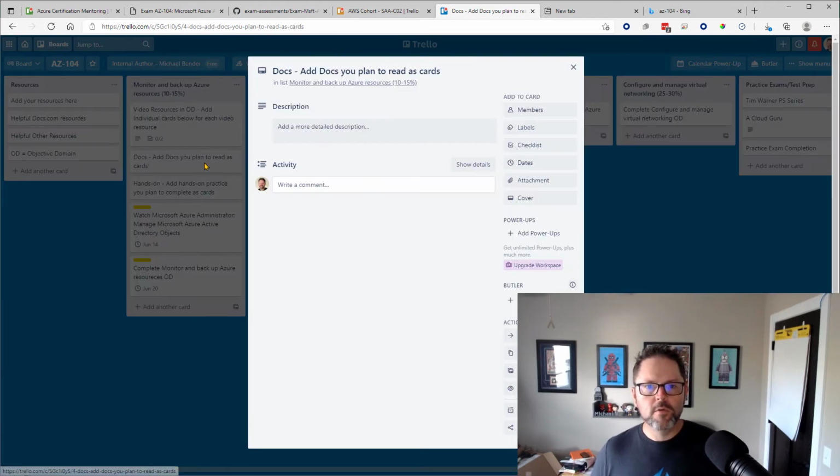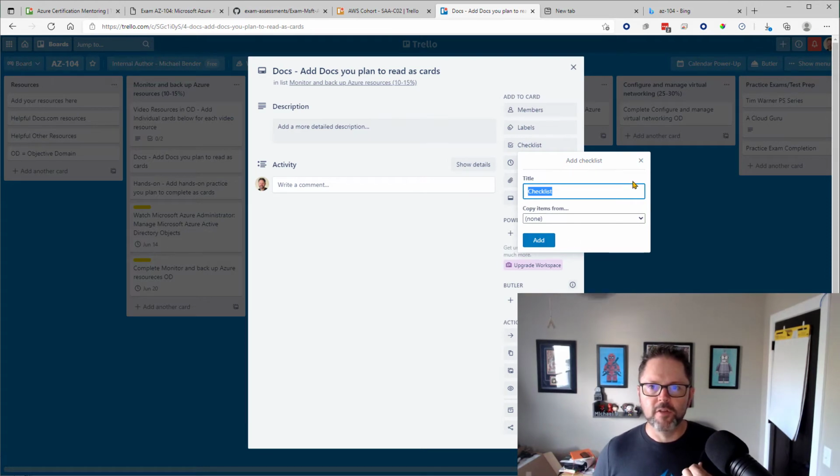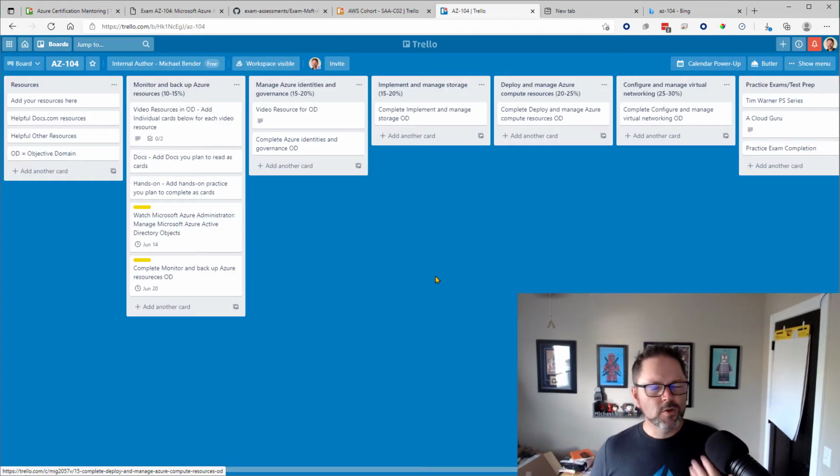So here you can add in a list. If you want to create a checklist, you can definitely put a checklist in here. Trello is a really easy and fun tool, I think, for being able to combine visualizing your work and also adding checklists and things like that. And notice I just have those placeholders for videos, docs, hands-on, which are the major pieces in each of the different areas. And notice down here what I've done then.